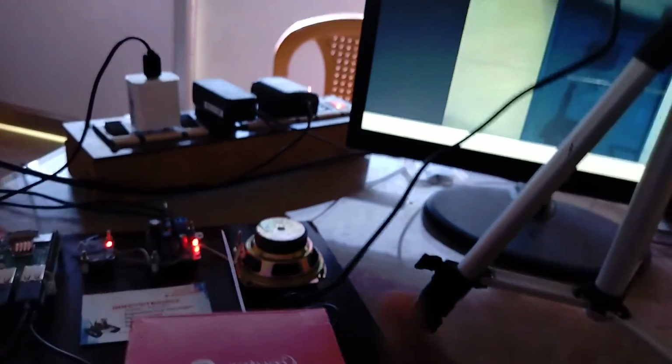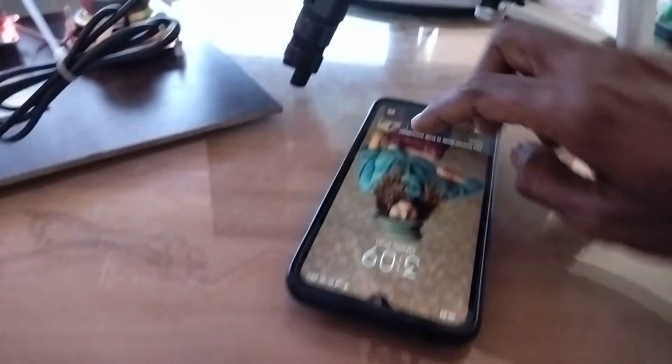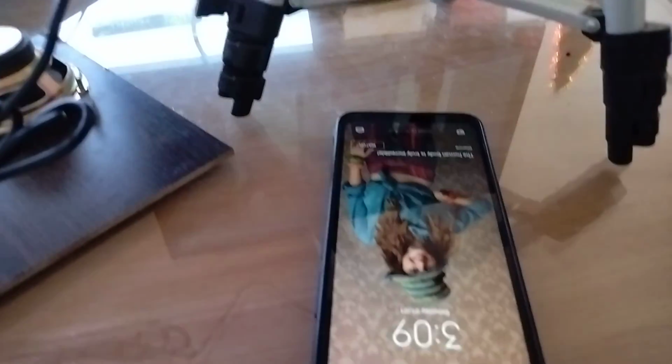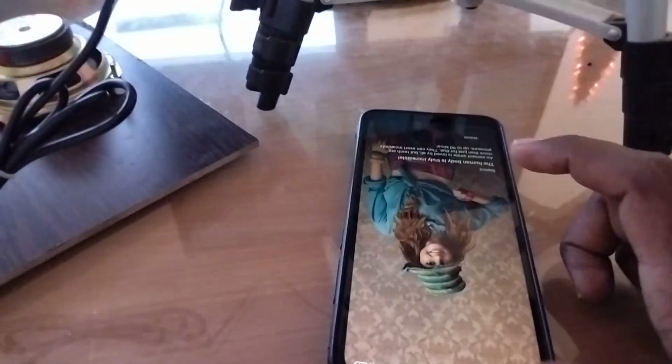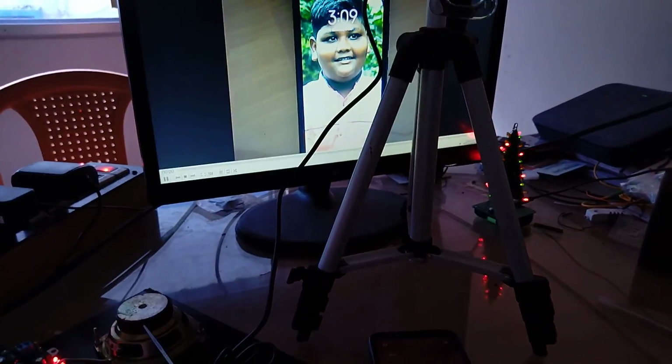Before that, I just open my VLC media player. Why? Because we have to make sure the camera is capturing the data in a good manner. So this is my cell phone. I placed my phone in front of the camera to check whether it is in a good position or not. You can see the data my phone is displaying, the same data in the monitor. In this manner we can check whether the data is displaying correctly or not.